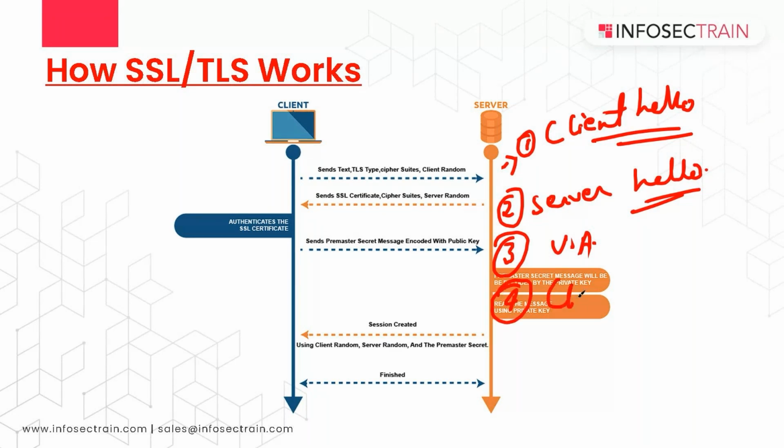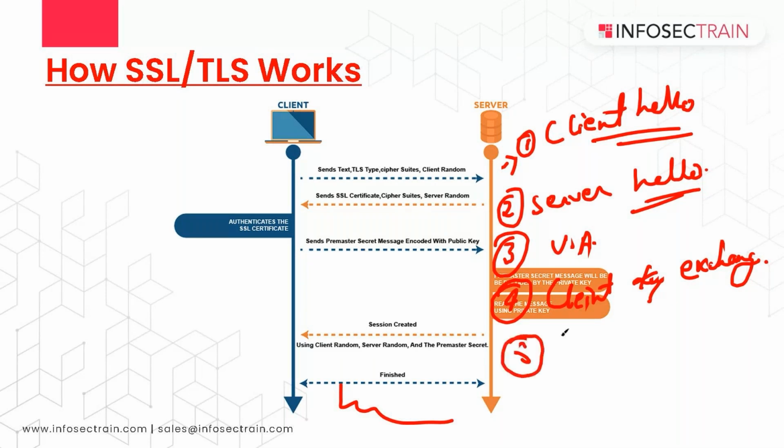the client key exchange. So over here, the shared secret key will be encrypted with the server's public key. So with this particular step, the client will be sending a shared secret key to be used in the upcoming conversations. Then after that, we will be having the fifth step, which will be from our client,